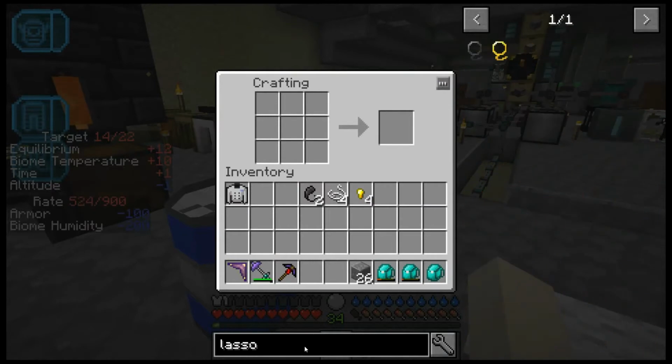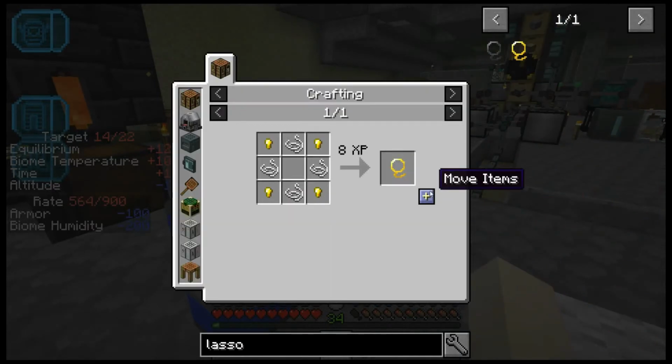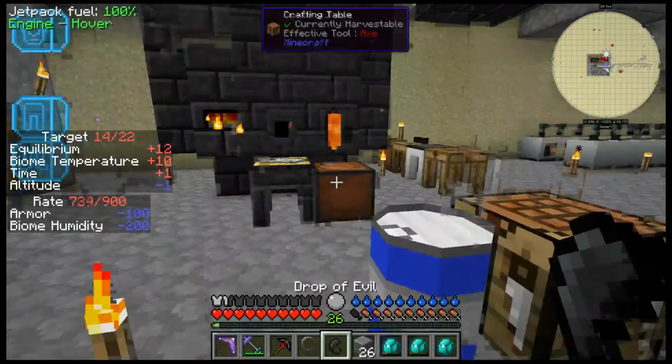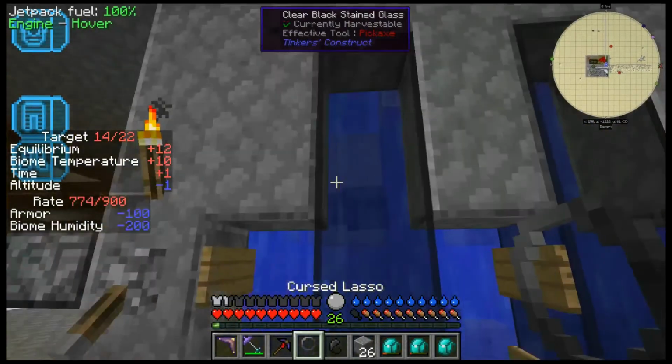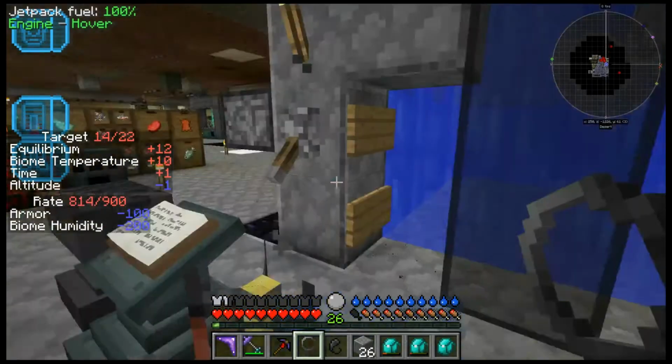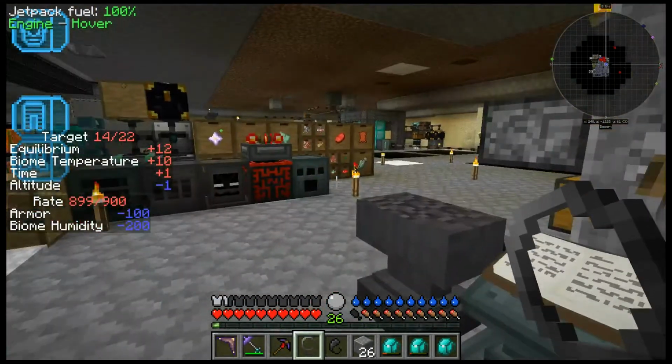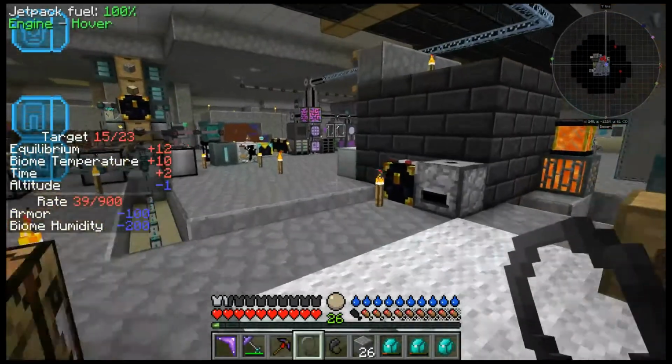Let's just search for lasso right here. Like this, 8 XP, and then let's make the cursed lasso with a drop of evil that consumes it. The reason I'm making 2 is that there are 2 ways to get a ghast. First of all, you can capture a squid from the squid farm and put it in witch water, which means I need to take the witch water from upstairs, put it down, put the squid in it, and a ghast